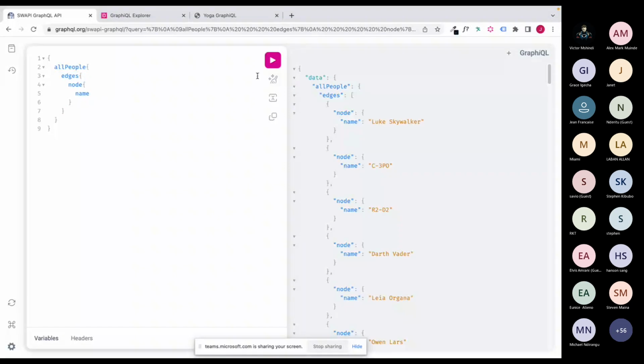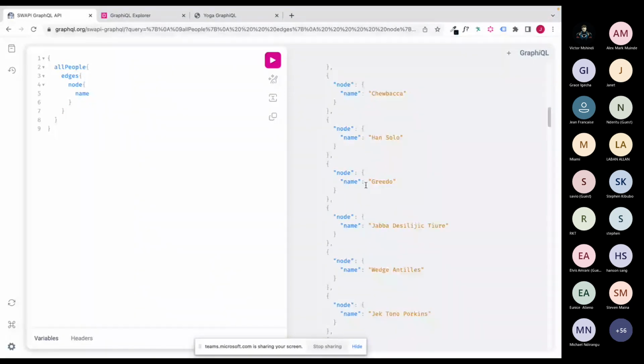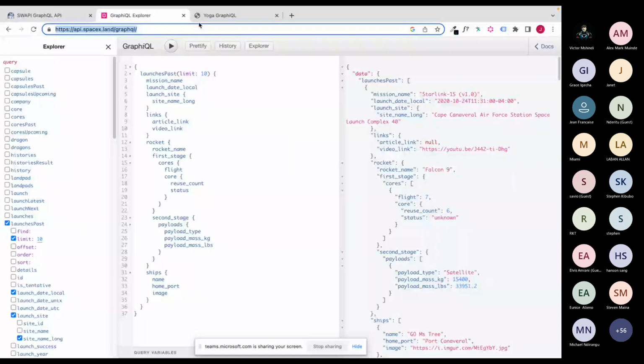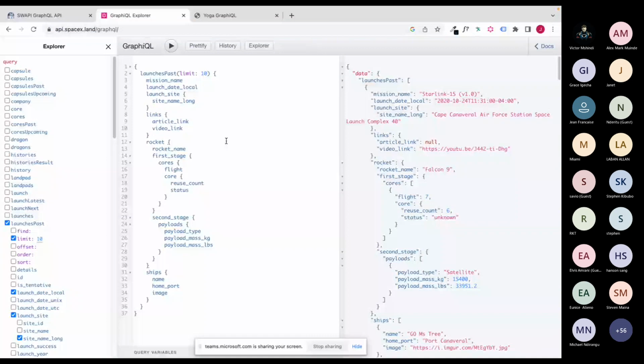Here we are getting some people and some data back, right? And this is where it lives. This is the remote URL. Again, there's another open API, for fans of SpaceX. This is a SpaceX implementation, which is open source.